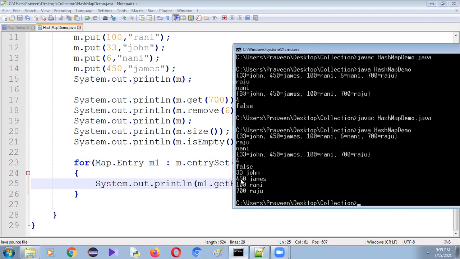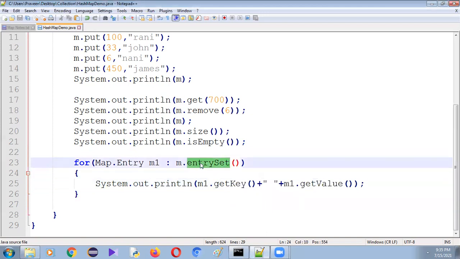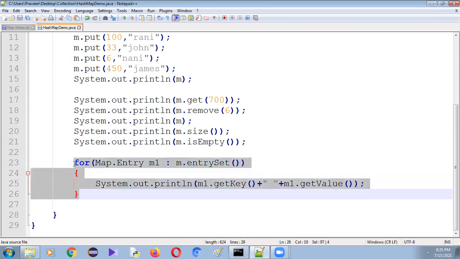See here, it is displaying the keys. First it has displayed the key 33 followed by John, 450 followed by James, 100 followed by Rani, and 700 followed by Raju. So by using this entrySet, which is one of the methods of hash map, with this for each loop we are displaying these keys and values one at a time.